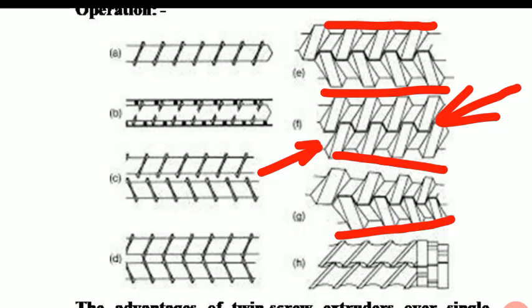In counter rotating twin screw extruder, the material is sheared and pressurized in a mechanism similar to calendering. So, in counter rotating, the material is sheared and pressurized so that effective squeezing of material takes place between the counter rotating rolls. While in co-rotating, the material is transferred from one screw to the other screw.